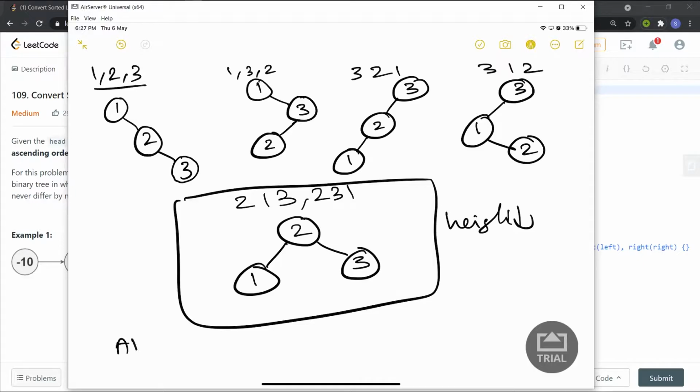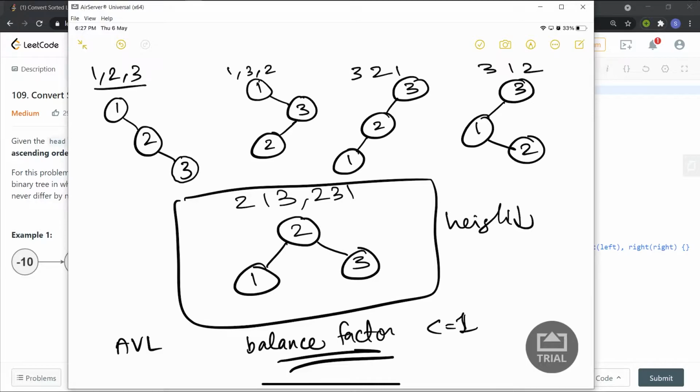So what is an AVL tree, or what is your height balanced binary search tree? Your height balanced binary search tree is defined as a tree in which all the roots have a balance factor of less than or equal to 1. So what do you mean by this balance factor? Basically balance factor for a root is equal to the height of the left subtree minus the height of the right subtree. And balance factor less than or equal to 1 means either the heights of the left subtree and right subtree are the same, or they differ by at max 1.